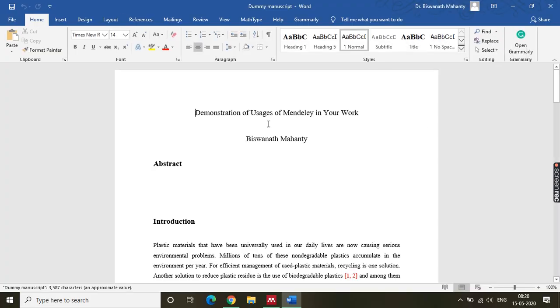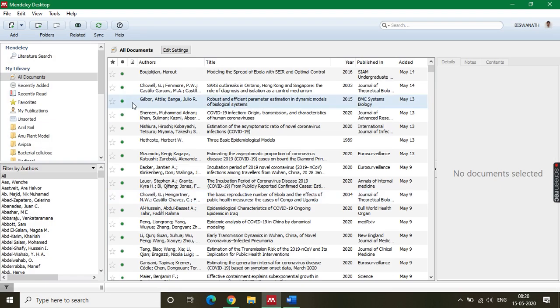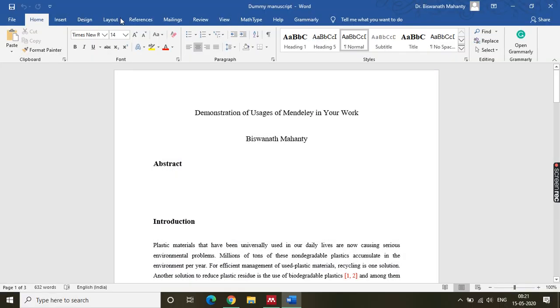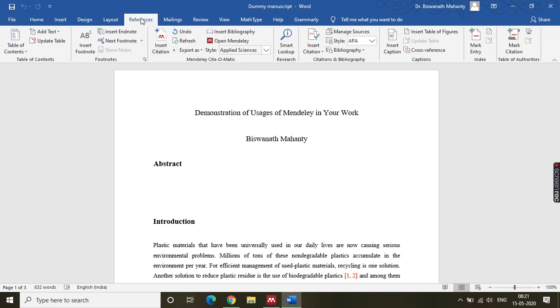You see, I will show you what is there when I switch on this reference manager, particularly this tool, install MS Word plugin. It is showing uninstall now because it is already installed in my system. Now see, in your Microsoft Word, you will have one tab for reference, and once you install Mendeley, these toolbars will come over, which have insert citation, undo, refresh, export, insert bibliography, open Mendeley.